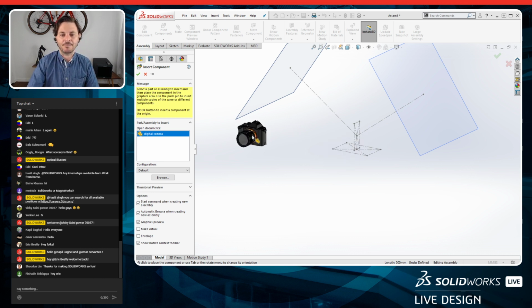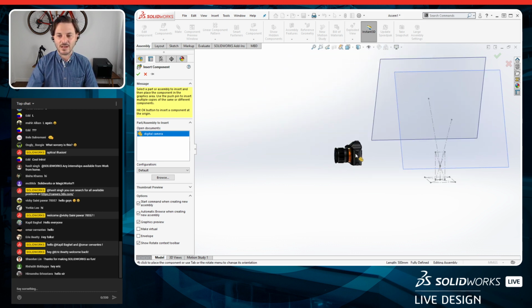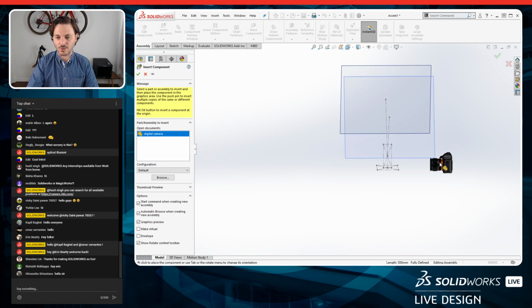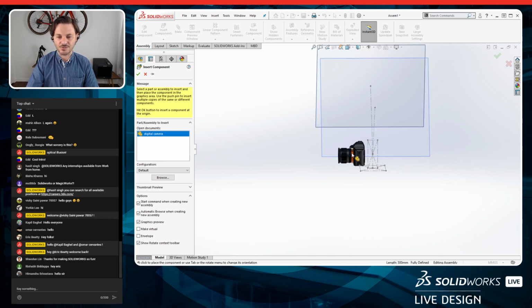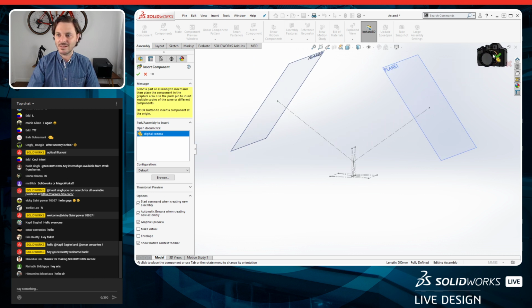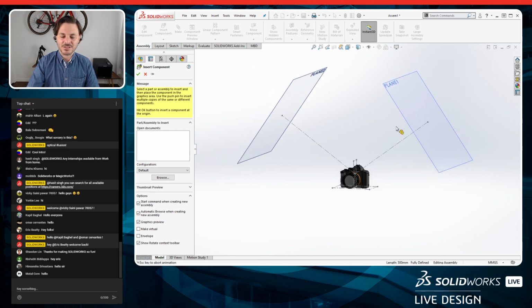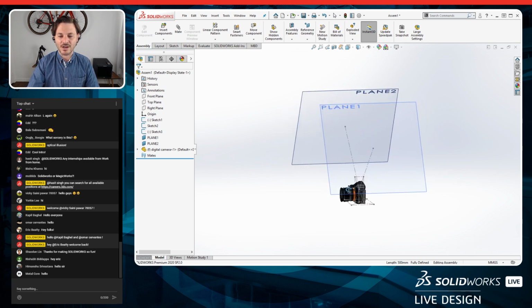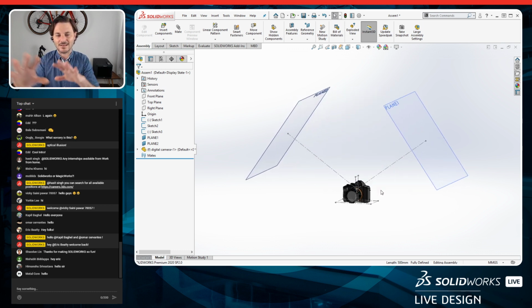So this is a cool little tip. If I place this part anywhere here, well, I don't really know. If I want to place it close to the origin, that may look close to the origin from this view, but when I rotate, oh no, I'm so far away. Well, if I just go up here and click this little green check mark, it'll slap this guy right down, right at the center of my origin, so it doesn't get lost somewhere in the vast space of this assembly,